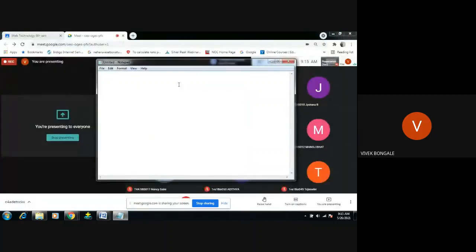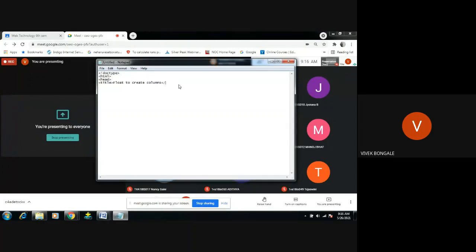Then the structure of the HTML we have to use first, right? So doctype and HTML and head. In head, I will give the title like float to create columns.